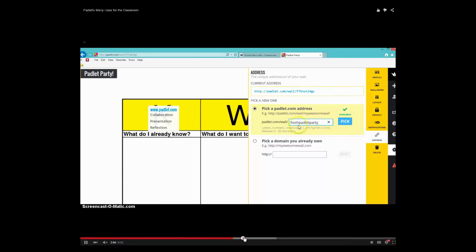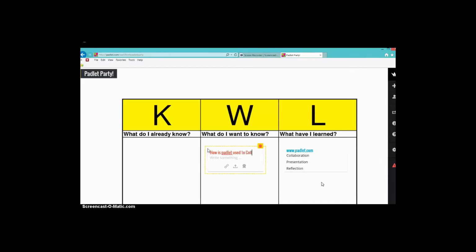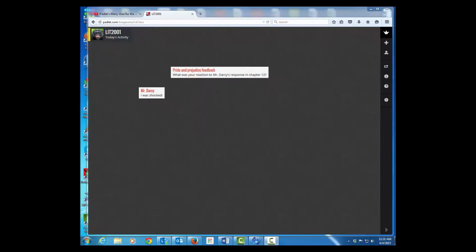Let me see if I can pull up to where she is. And so the students can submit their comments on each of these columns here about the class. And this would be a great opportunity for a formative gauge for the instructor to see how their students feel about their progress in the lesson. So can you think of any ways you could use Padlet to enhance your in-class activities in the classroom?